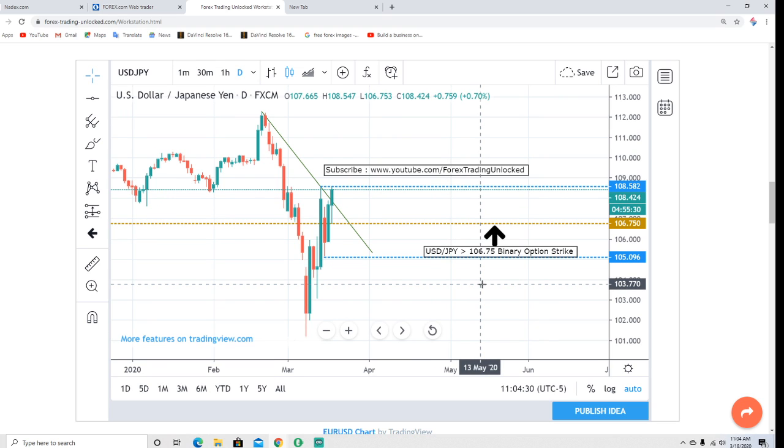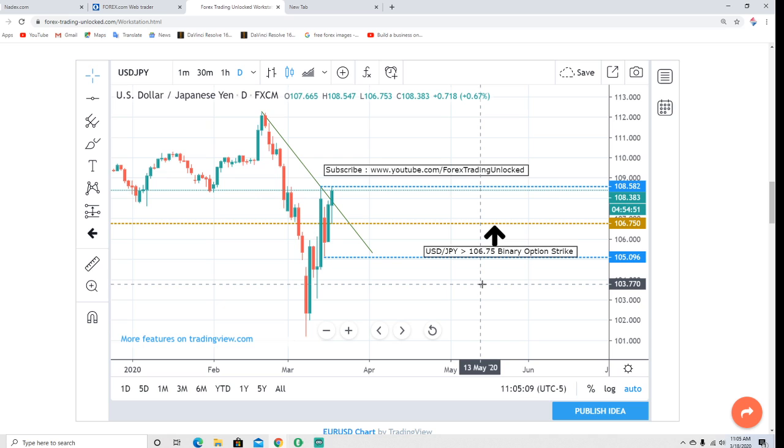So if dollar strength really is something that we're going to be looking at for the next couple sessions because of what's going on with all the bailout stimulus packages that are coming out of the U.S., then there's a good chance that we could see the U.S. dollar yen back up around that 112 and a half area where we had just fallen off of. And we had a longer term target of 113, and our target was sometime in April. So if we continue to trend a little bit higher, slowly even, we have a good chance at hitting that. Or we could be running out of gas. If the dollar starts to turn around, then there's a good chance that we'll see the U.S. dollar yen fall apart again.